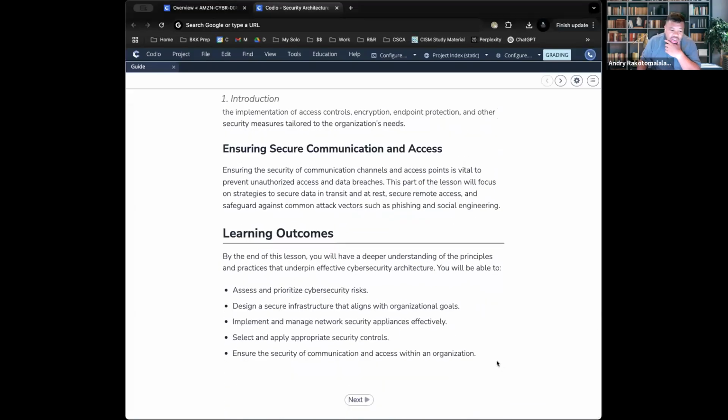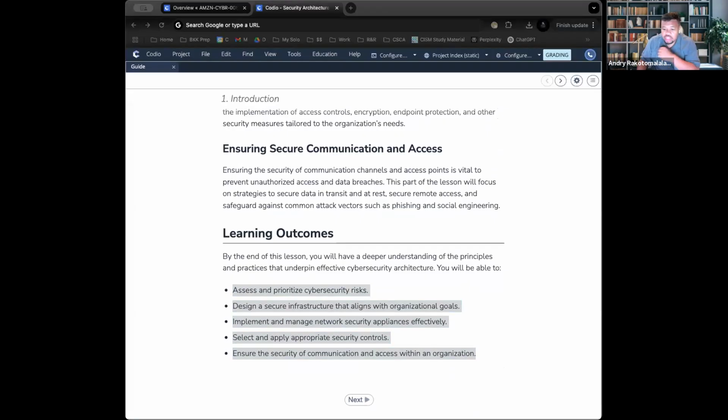Now, the entire idea with this whole thing is to have you learn these, okay? It's to have you understand the different risks associated with cybersecurity and assets to prioritize. So this is directly correlated to compliance because there are going to be some things that need to be protected more than others.